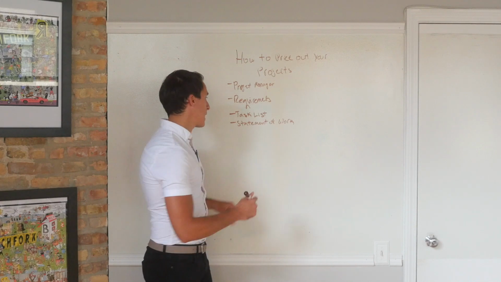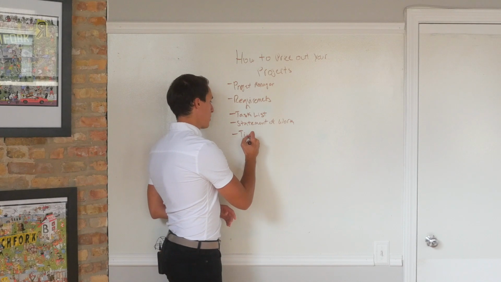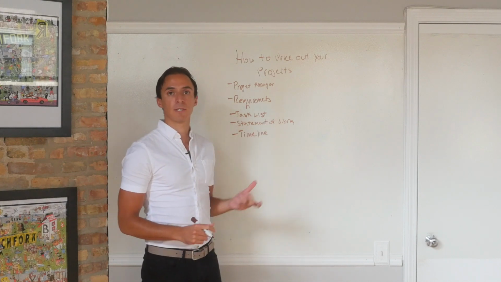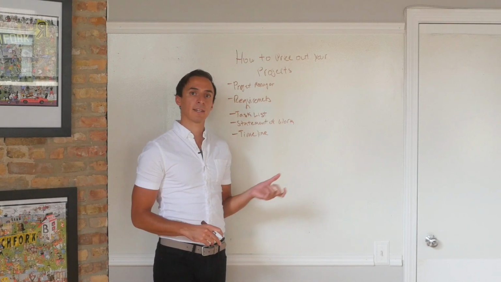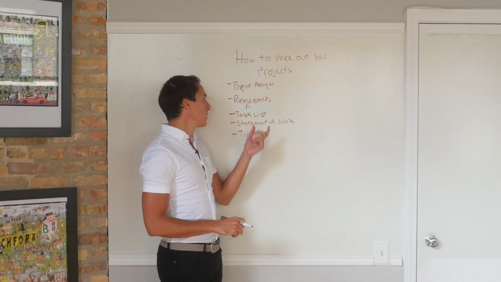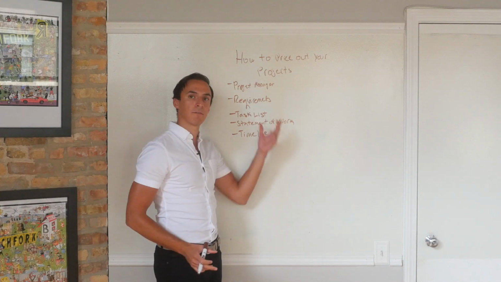And then of course the timeline comes from that as well, because if you know exactly what you're doing, and everybody who is doing the different tasks can look at their own individual tasks and tell you, here's how long it's going to take me, you have a timeline. So really, requirements, task list, writing out the statement of work, and doing the timeline from those two things, that's